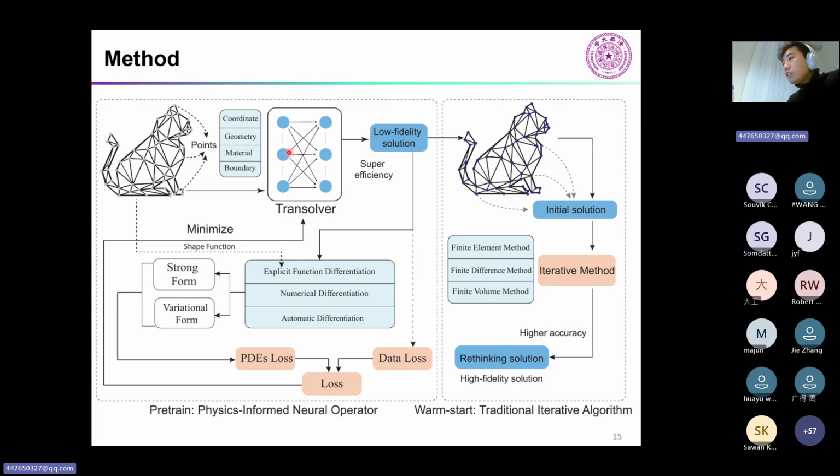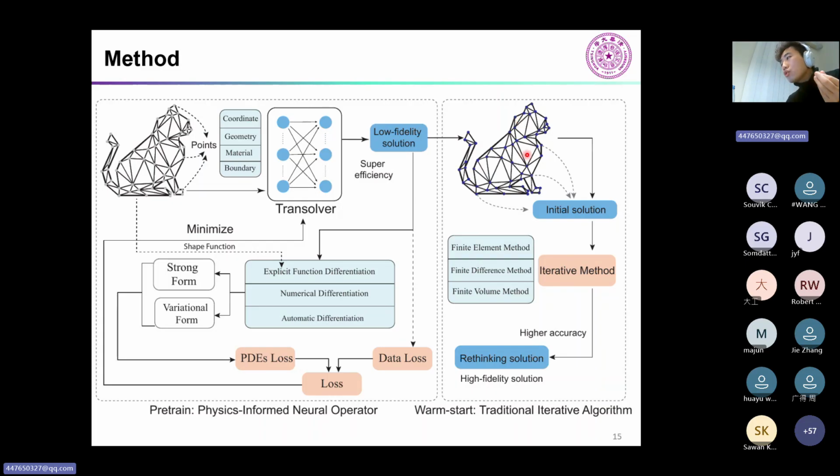After this training, it's called the pre-training stage. It's our PFEM. The first stage is called the pre-training stage. You can get a low fidelity solution. For the low fidelity solution, if you think the accuracy is good, okay, everything is done. But if you want to make the accuracy better, you can use an iterative way, because we